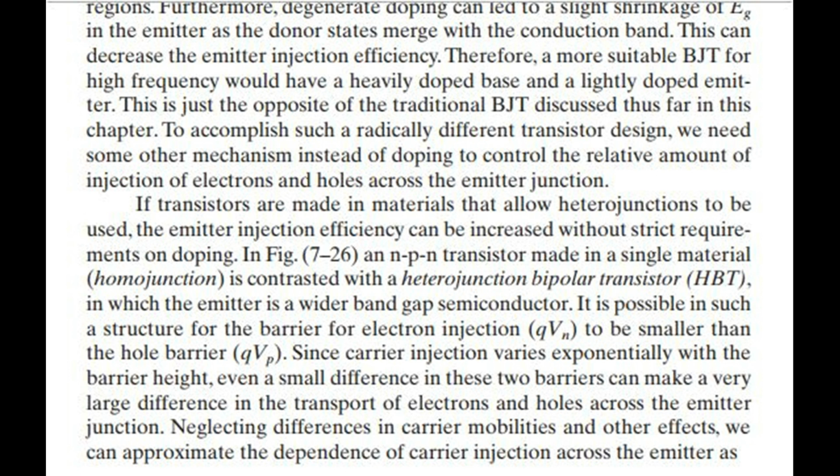It is possible in such a structure for the barrier for electron injection, qV_n, to be smaller than the hole barrier, qV_p. Since carrier injection varies exponentially with the barrier height, even a small difference in these two barriers can make a very large difference in the transport of electrons and holes across the emitter junction. Neglecting differences in carrier mobilities and other effects, we can approximate the dependence of carrier injection across the emitter as: